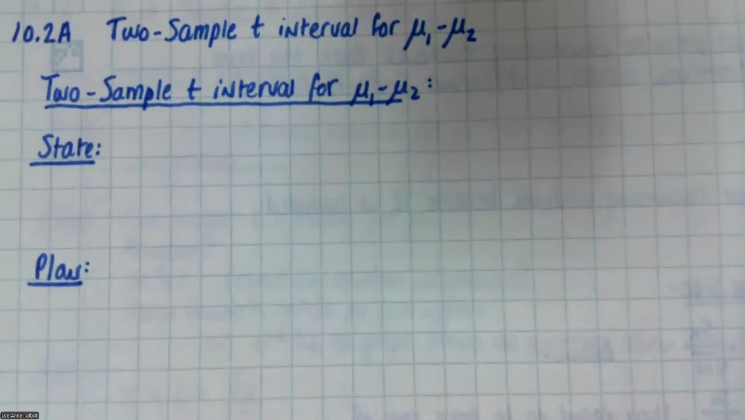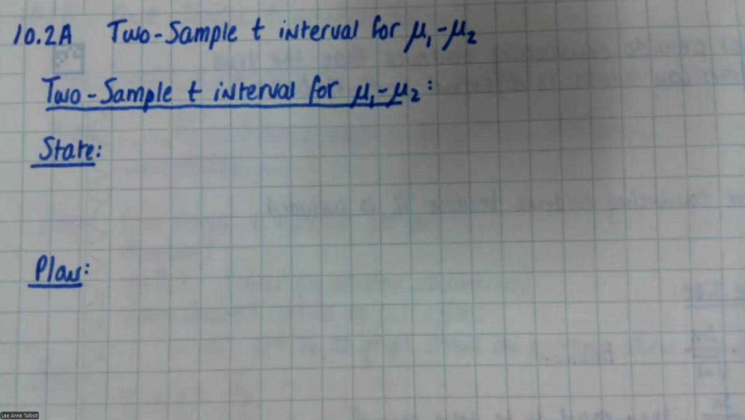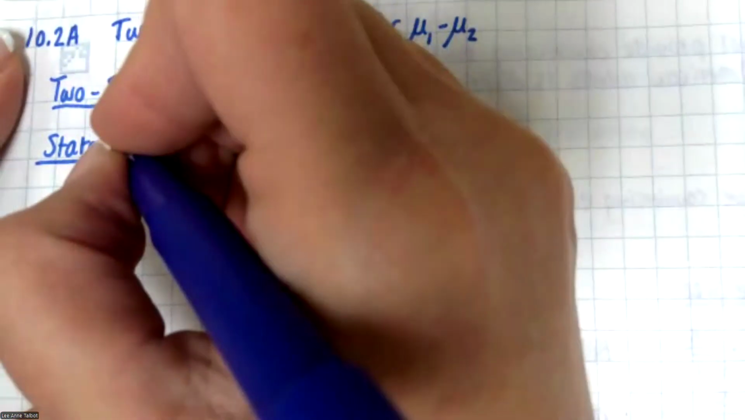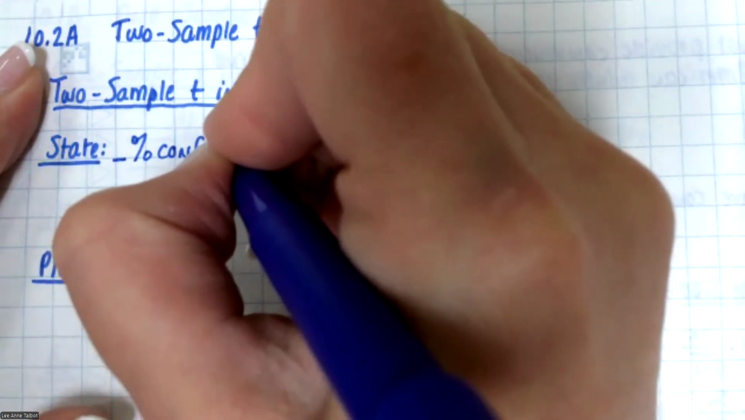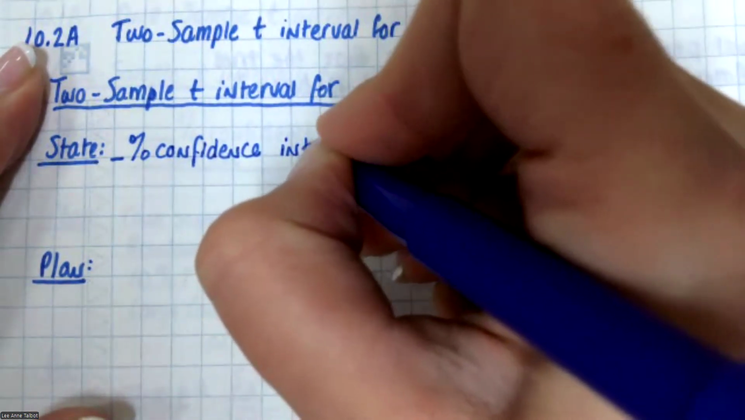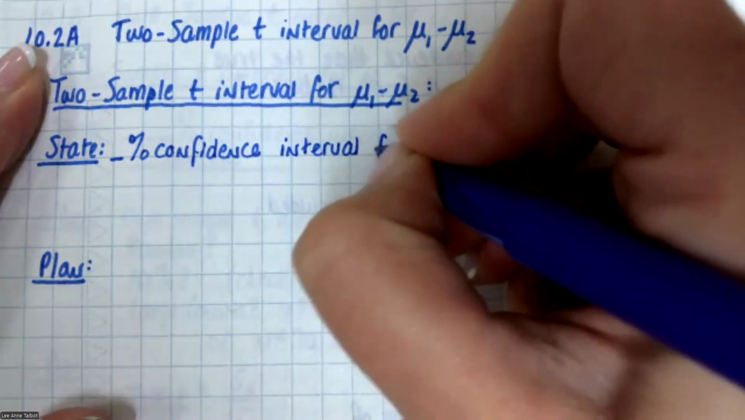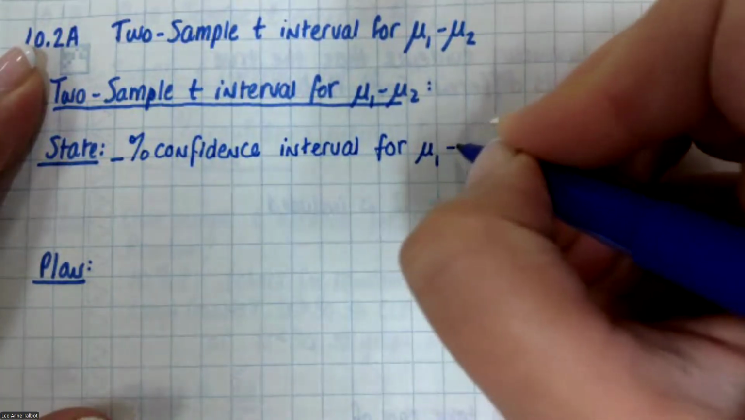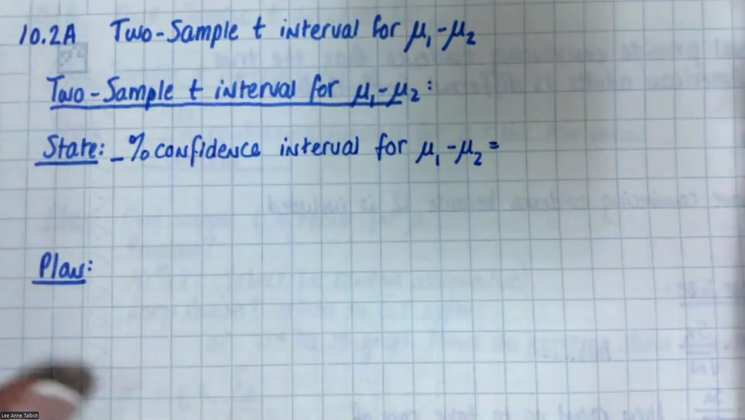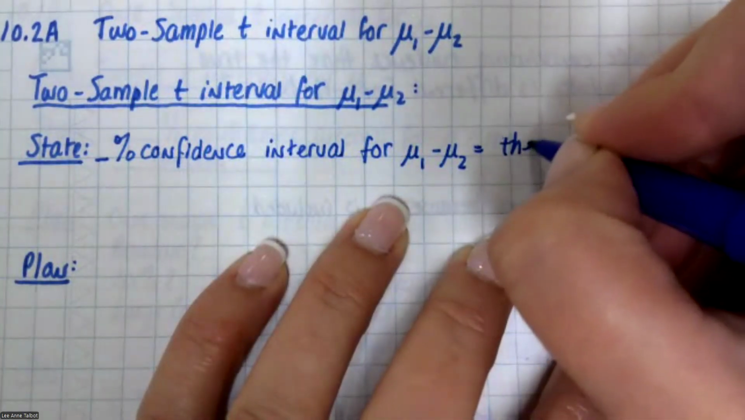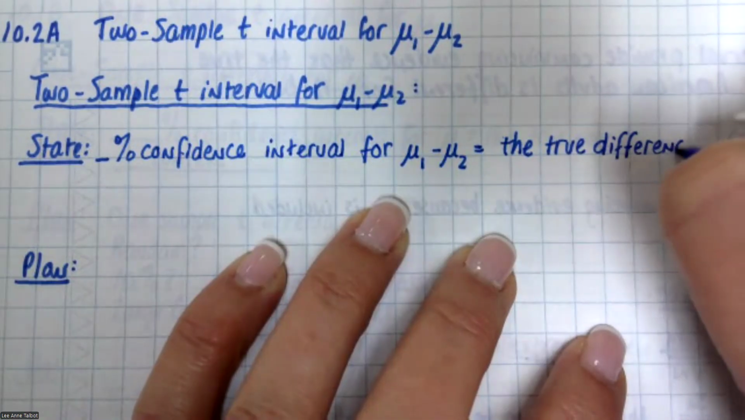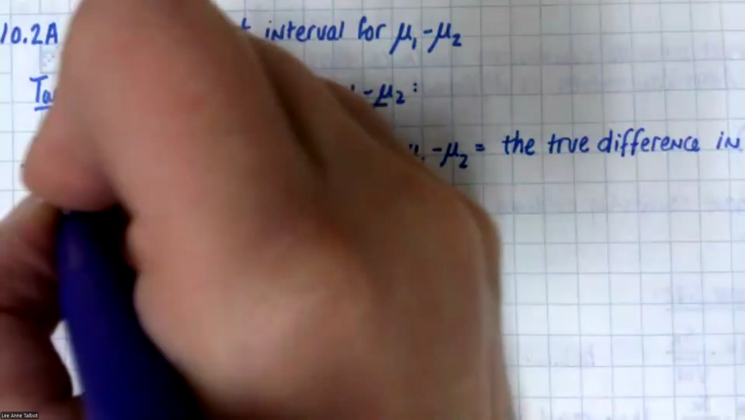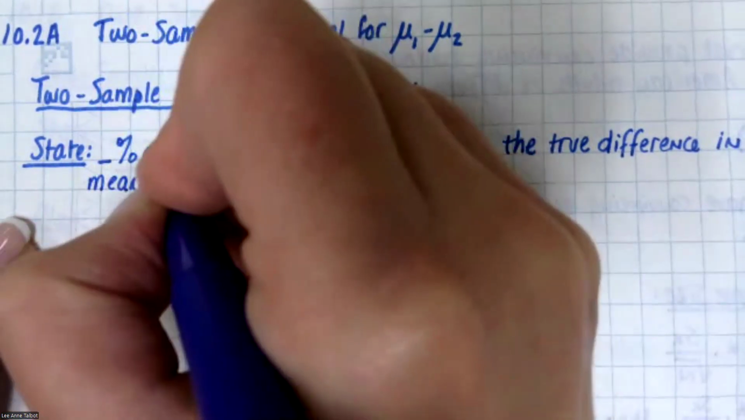Okay, here we go. Two sample T interval for mu1 minus mu2. Shocking. Okay. State the percent, like blank percent, confidence interval for mu1 minus mu2 equals the true difference in means of